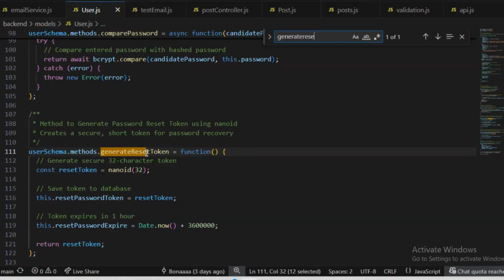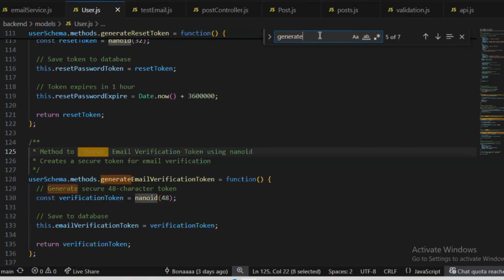The generate reset token method uses NanoID to create 32 character tokens, and then the generate email verification token creates 48 character tokens. These methods are what create the clean URLs we see in emails later.